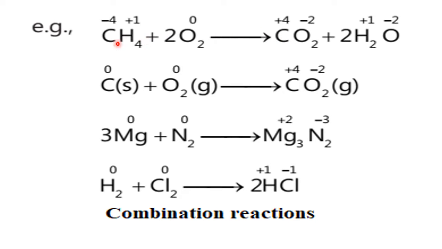Now hydrogen is +1, hydrogen is +1, not a problem. Oxygen has undergone change: earlier it was 0, now it is -2. So we find in 2 cases there is a change in the oxidation number. That means this is a redox reaction. It was 0 became +4, it was 0 became -2. So it is a redox reaction. This part you have to check, whether there is a change in the oxidation number or not. That part only you want to check in the examination.